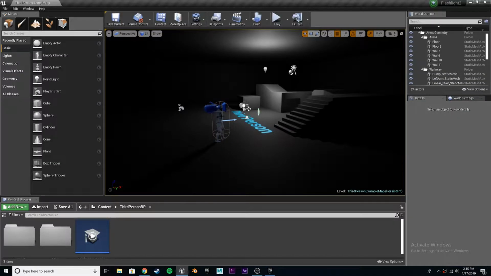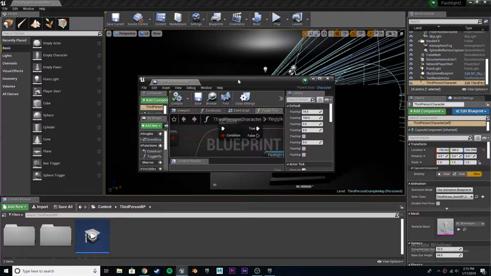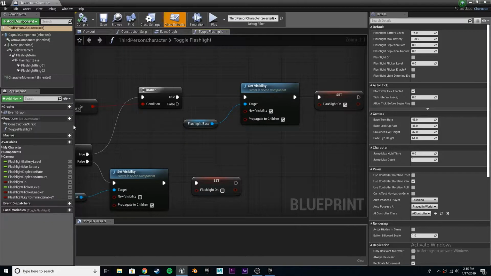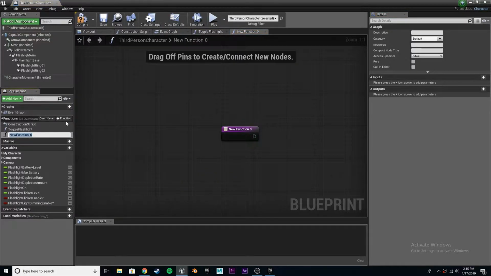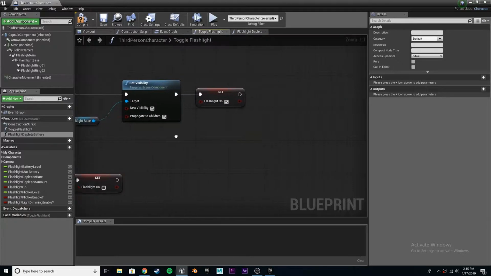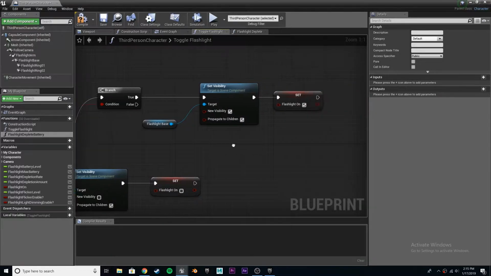Alright, let's jump straight into our character. We need to make a new function, right? And we'll call this flashlight deplete battery. Okay. And let's go into our toggle flashlight. And when we turn the flashlight on, if you remember, right up here,